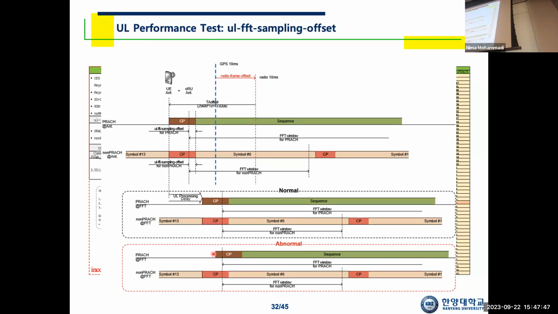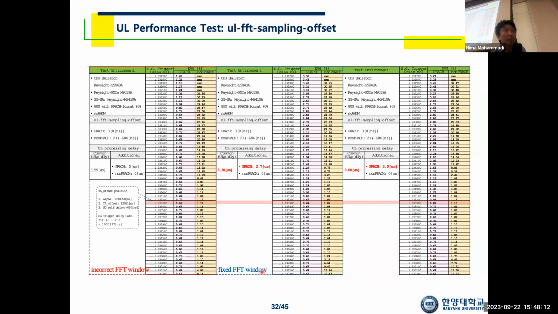You have some additional delay for PRACH because you appended some additional delay on the PRACH sender. So by the amount of that additional delay that you yourself appended on PRACH, you have to have a little extra delay. So with additional delay on PRACH,